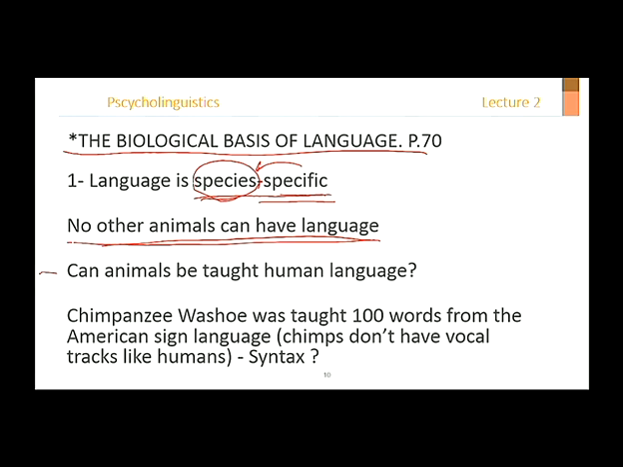Another person might say, parrots also can repeat words and they can use them. I would say there was an experiment in which they taught this chimp here, Washoe, 100 words from the American Sign Language. Okay? What they found is that that chimp actually learned 100 words from the American Sign Language. But